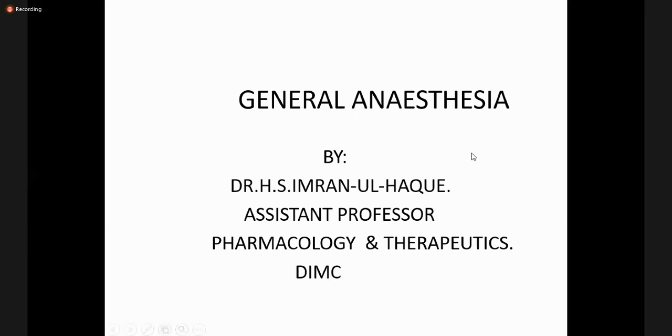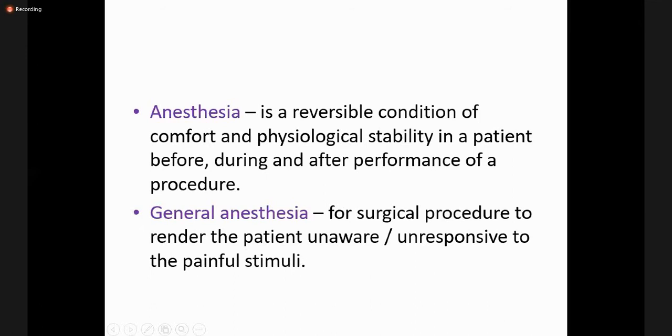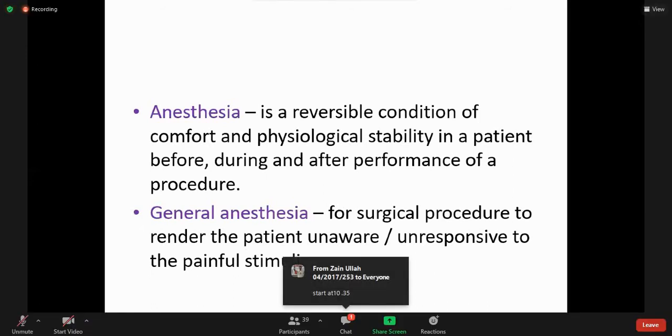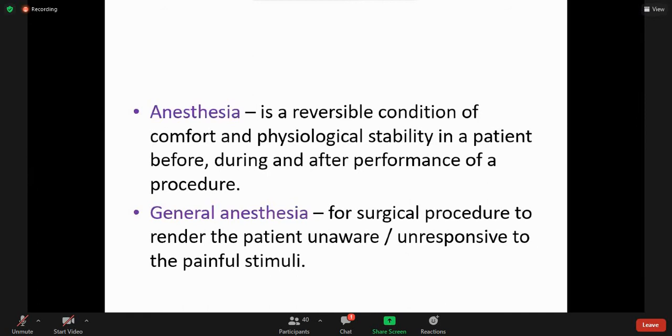So, general anesthesia. You might hear the term anesthesia, that a person has a procedure under GA. And there is another term related to anesthesia, that is local anesthesia, local anesthetic, right? So our main focus in today's lecture is general anesthesia, right? So first of all, one of the terms that we use